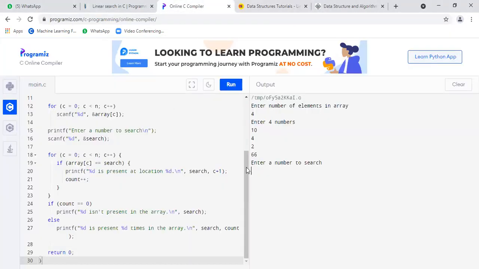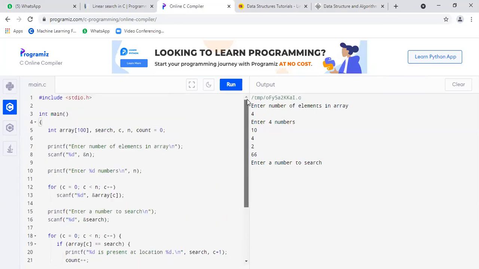See here, this is my C program for linear search. In C only I'm writing. This is the online compiler.